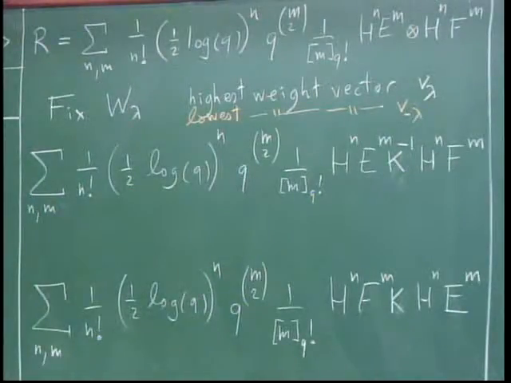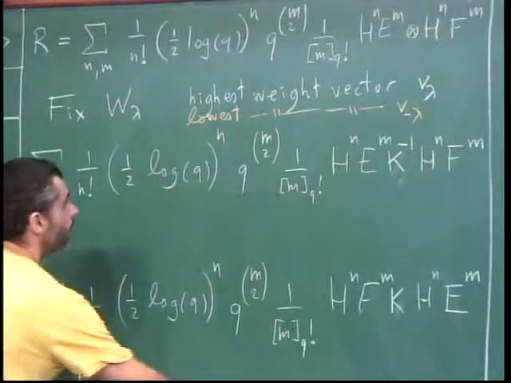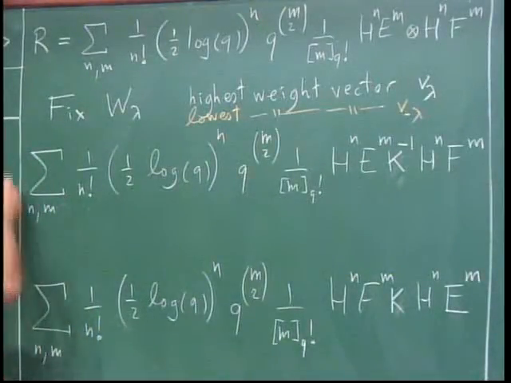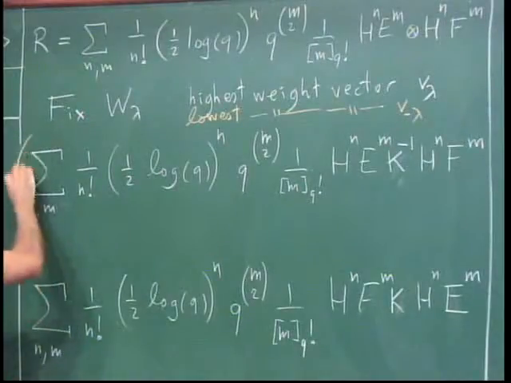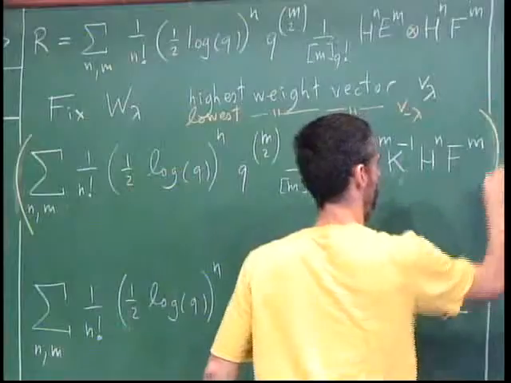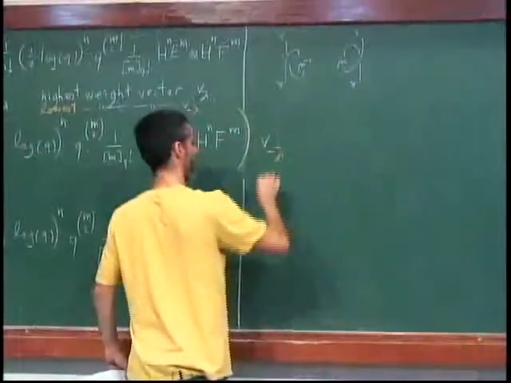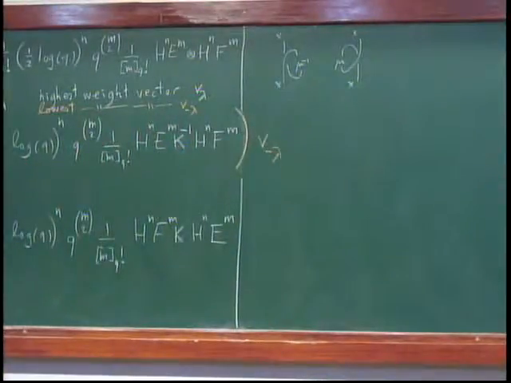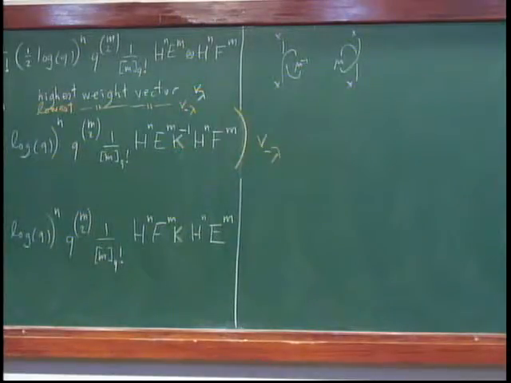And it simplifies a whole bunch. For example, if I take this expression and evaluate it on v sub minus lambda, this lowest weight vector,